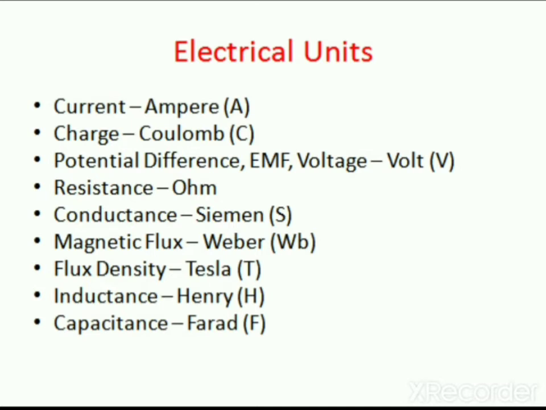Next is resistance and conductance. The SI unit of resistance is ohm. The symbol is like this, that is a Greek capital letter omega. It is defined as the resistance that allows the current of 1 ampere to flow when a potential difference of 1 volt is applied